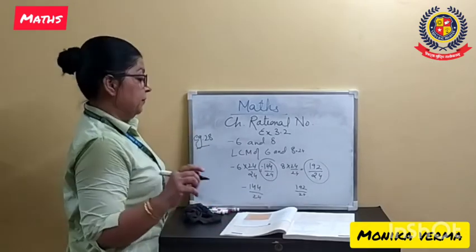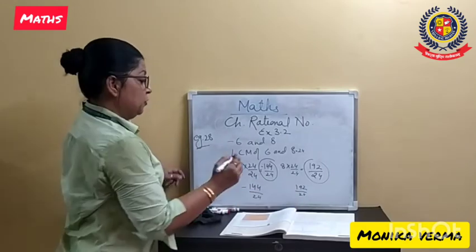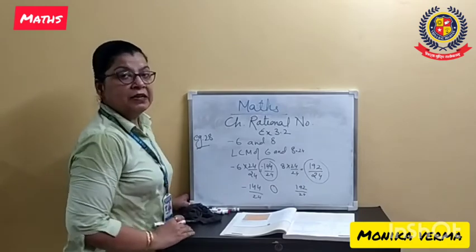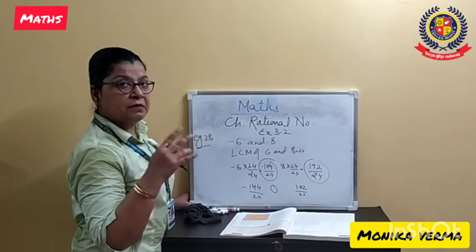I will tell you one trick. When two numbers are given, one negative and one positive, one number you can write without thinking is 0. When one number is negative and one is positive, you can always write 0 between them.